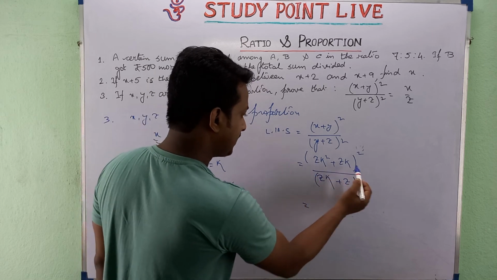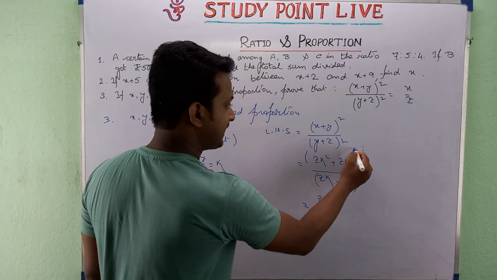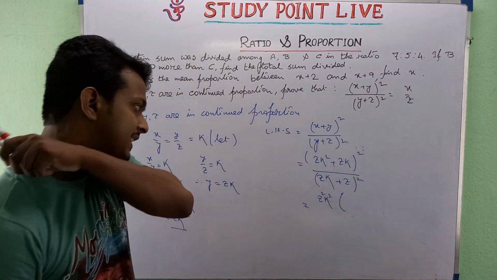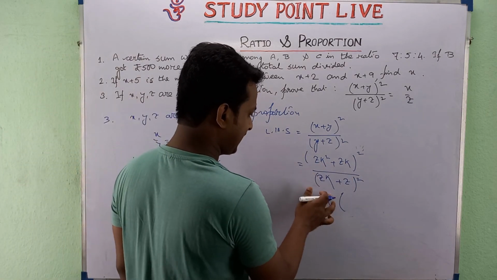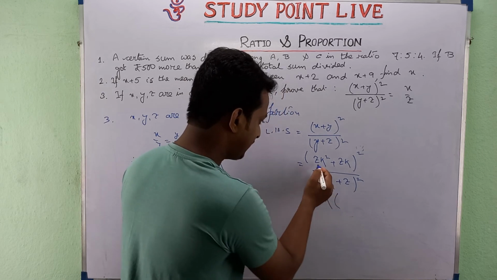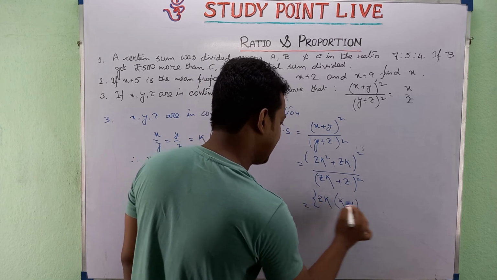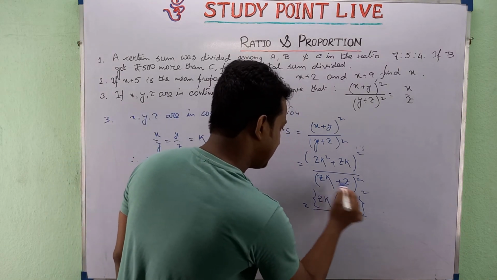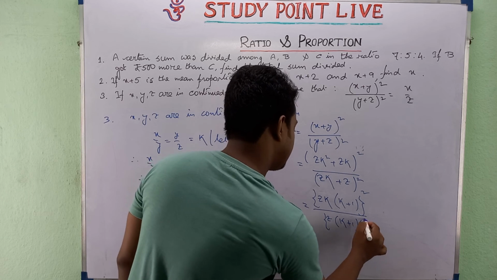So from here, zk is common, so we can write zk as common. But because here it is whole square, whenever it comes out of the bracket, it will come as z square and k square. So what will be the remaining term? I think it will be a little difficult for you, so let me break it into two lines. If we bring zk as common here, k plus 1 will be remaining, and the entire term will be in the second bracket. And here also z is common, so it will be k plus 1 and the entire term will be in the second bracket.